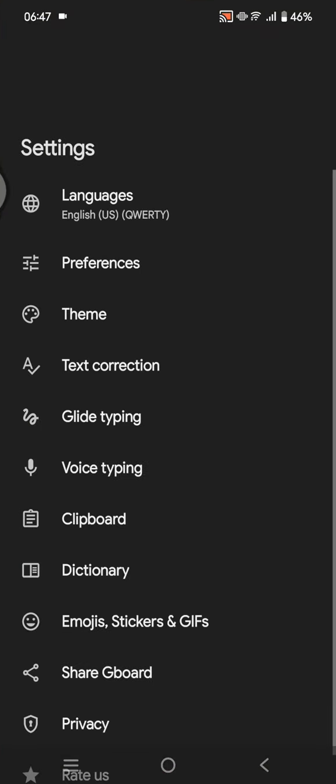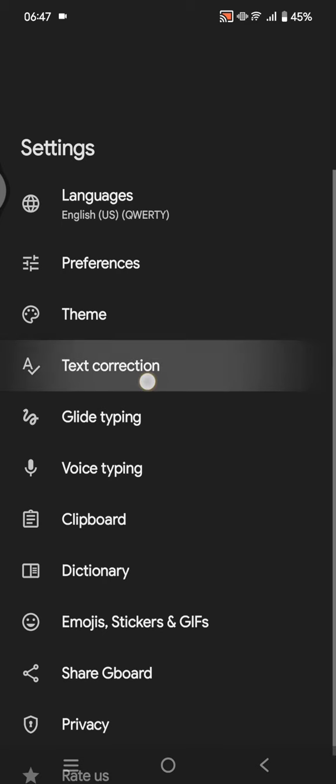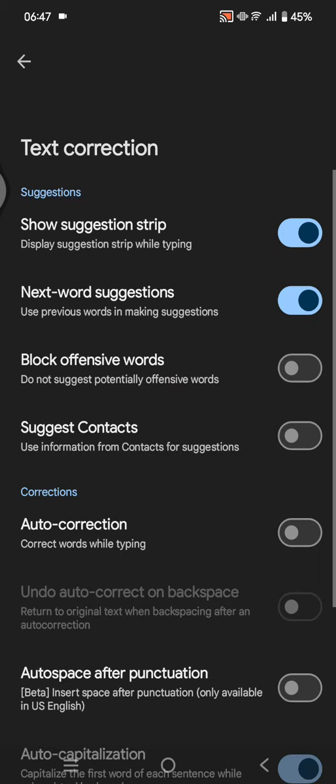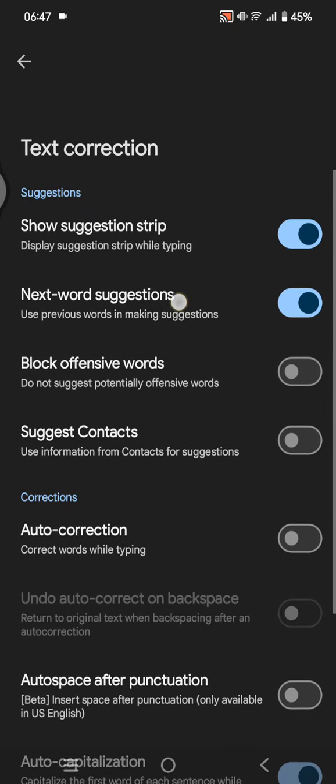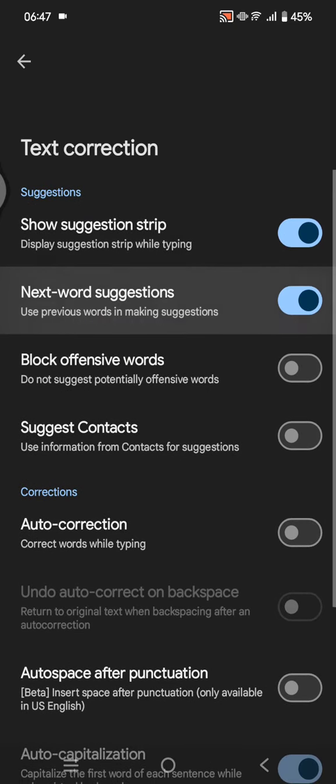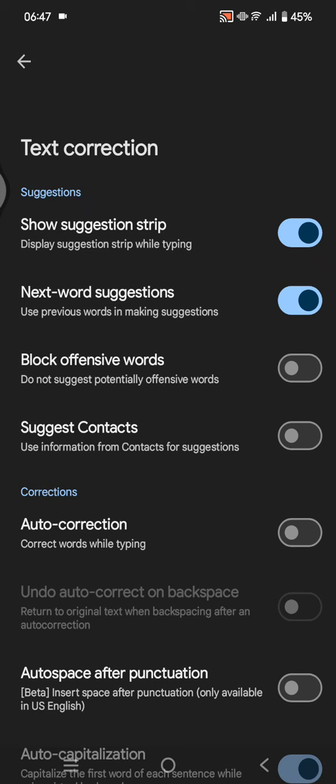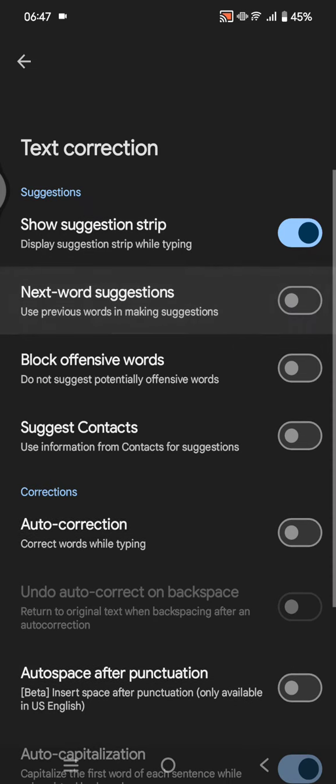Okay, so this is the settings for the Gboard, and if you want to turn off the auto text prediction, you can just go to the text corrections here, and here you need to turn this off. So here you can see a next word suggestion. Just turn this off and the text prediction or the next word suggestions will be off. So you can just go back, and